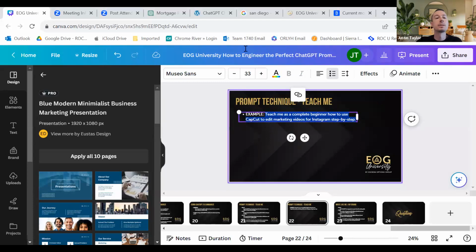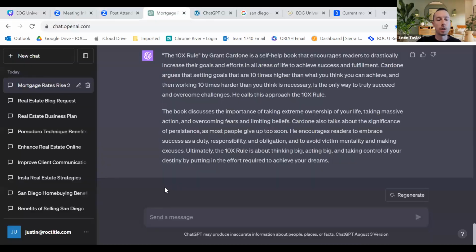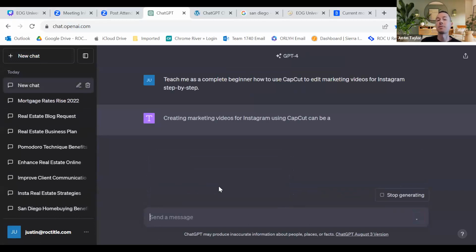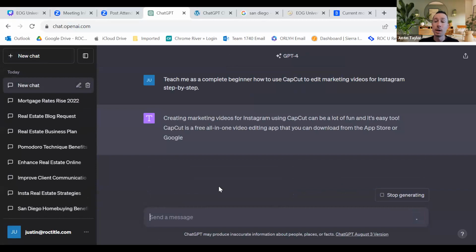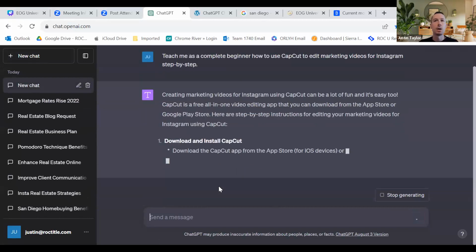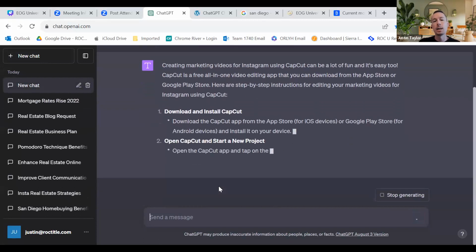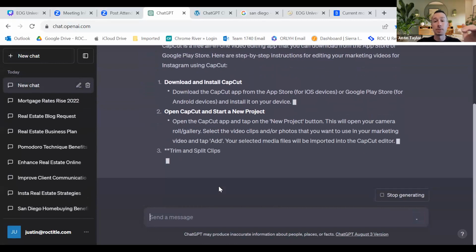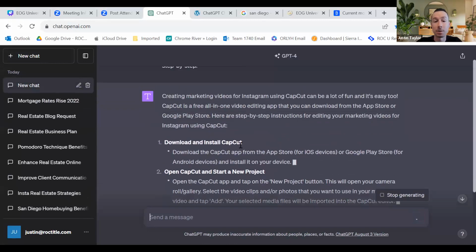So I'm going to copy this. Okay, you can use this to learn about more of anything. So if I put this in there, it's now going to create a step-by-step guide for me, just like what we would ask it to do to create a step-by-step guide for the buying process, the selling process, all that kind of stuff, little ebooks. This is going to create a quick step-by-step guide for you with specific bullets, right? So first, you need to download CapCut.